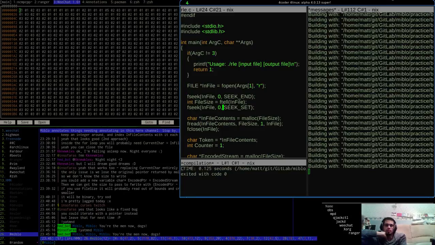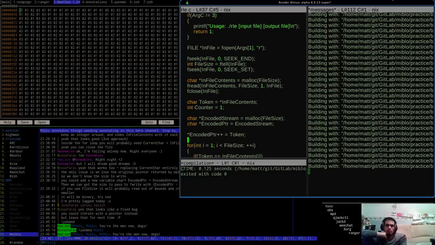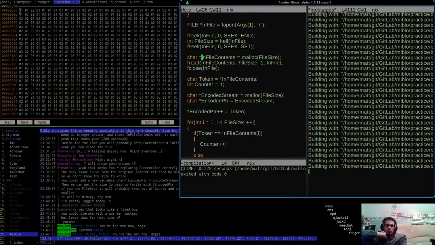I think it should empower me and enable me to do more stuff. Fseek, yeah, I did that. Quite happy that I did the malloc correctly.